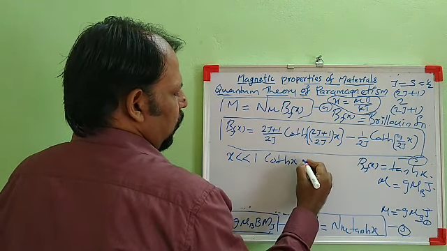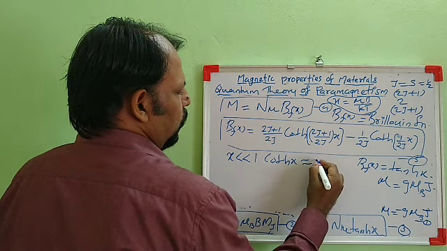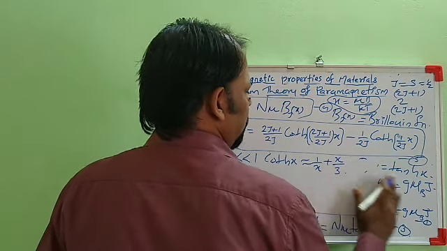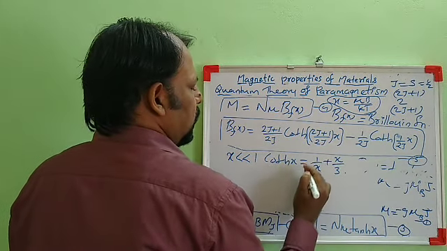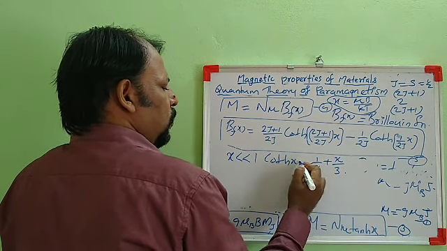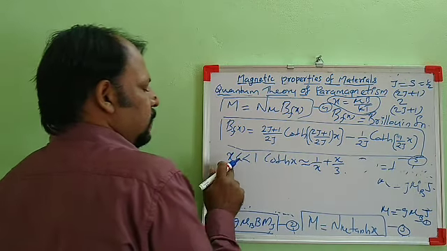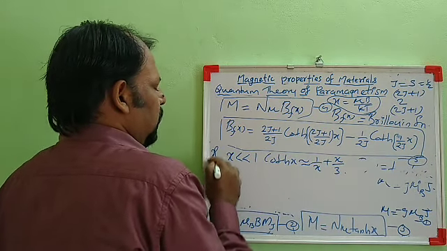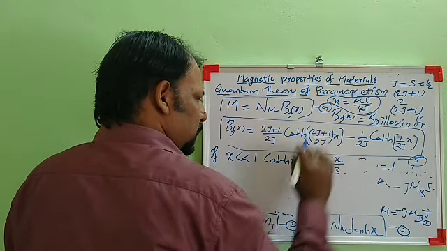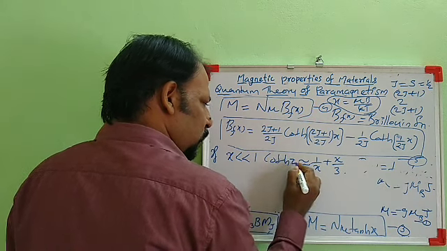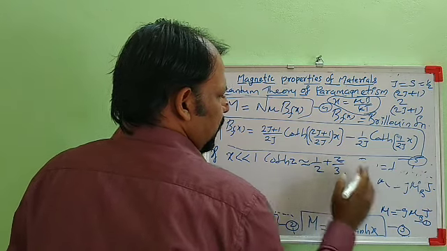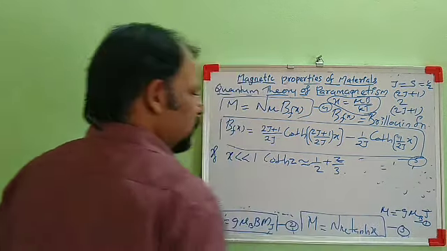is approximately equal to 1/x plus x/3. The coth x expansion is coth x equal to 1/x plus x/3, we have already done the expansion. Now we are taking the limiting case. In this case, x is very much less than 1. So if x is very much less than 1, then instead of x, here z is there. This total function is z here. So I am writing this function coth z equal to 1/z plus z/3, approximately.